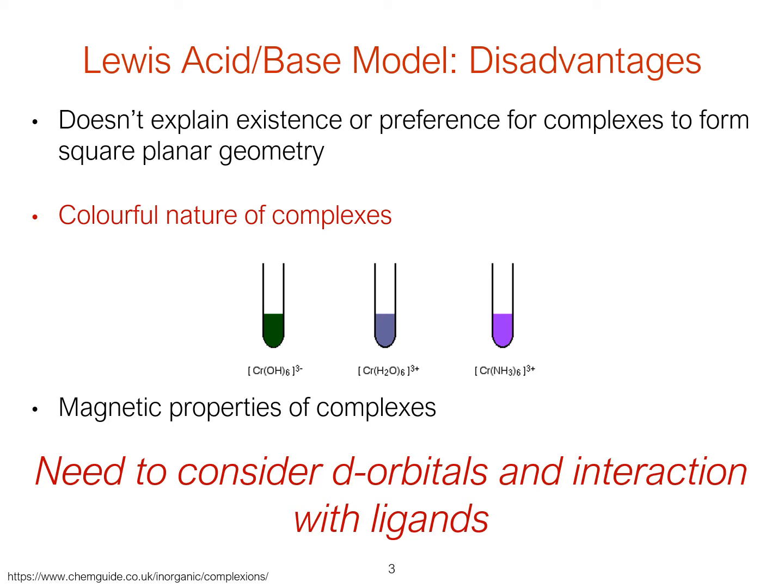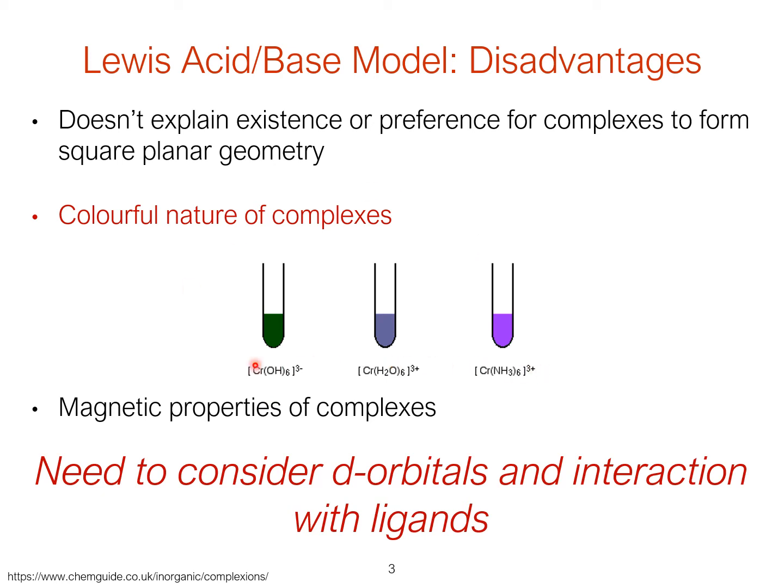So here I've got an example of an experiment, like a doodle of an experiment, that shows what changing the ligands can do. If we start with chromium with 6 hydroxide anions around it, it's a nice dark green, racing green, I guess. And then if you change these hydroxide ligands for water, and with some of these experiments, I don't know what it is for chromium,